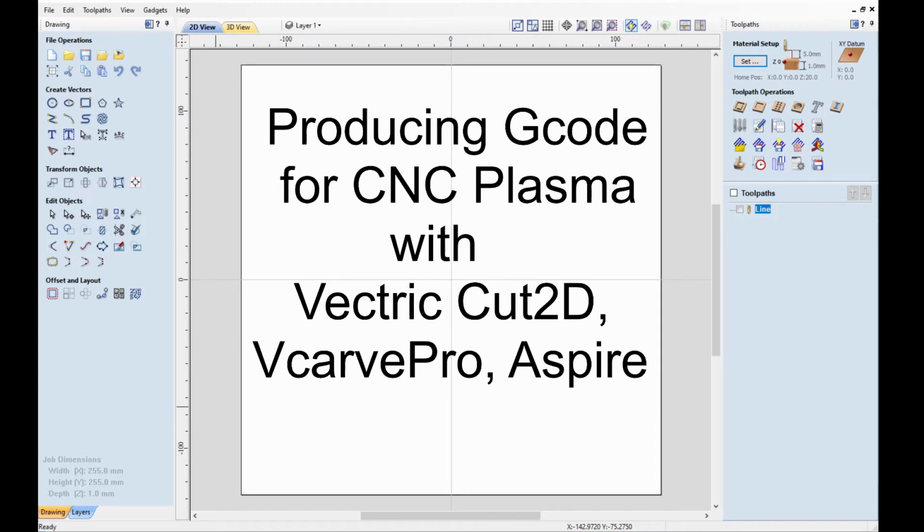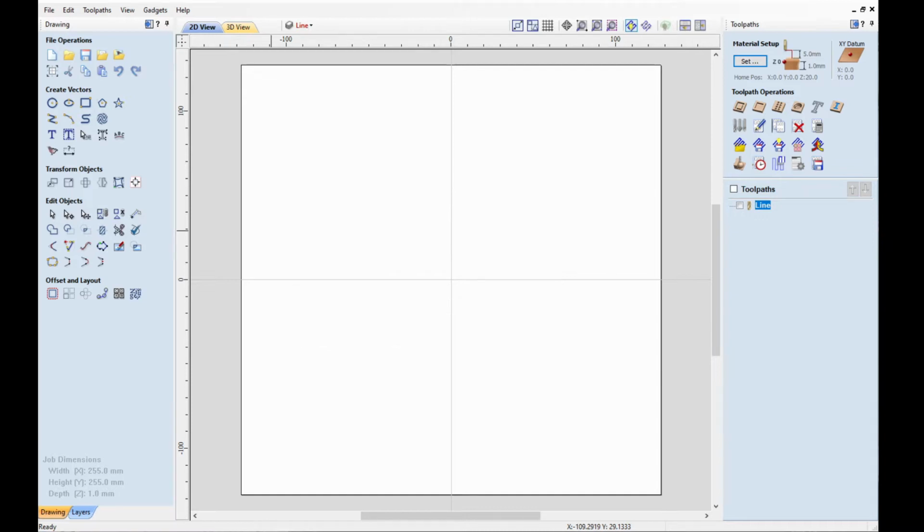Okay, producing G-code for CNC plasma with Vectric Cut 2D, VCarve Pro or Aspire. Here we are in Cut 2D, which is the base or entry-level offering from Vectric. It doesn't matter what level of software, they all have exactly the same capabilities as far as what I'm talking about today. There's two main things that I need to do to adapt it